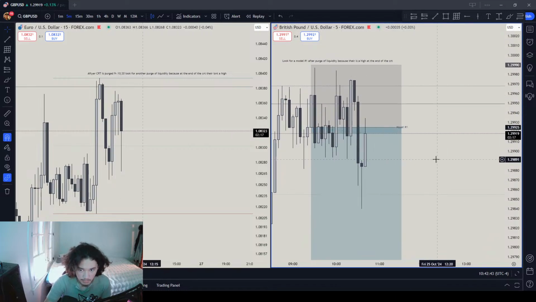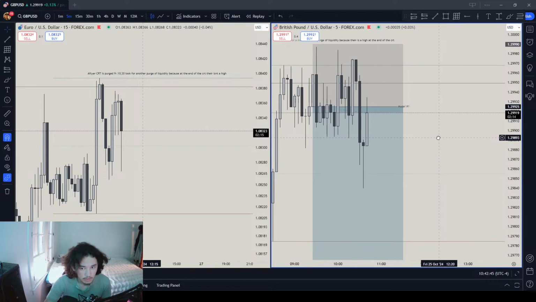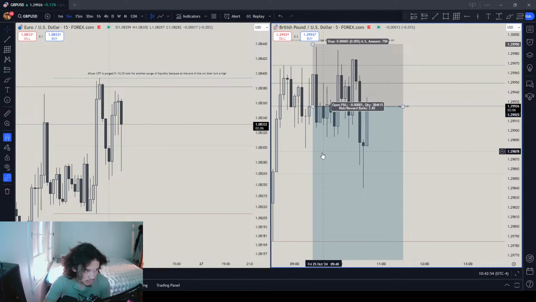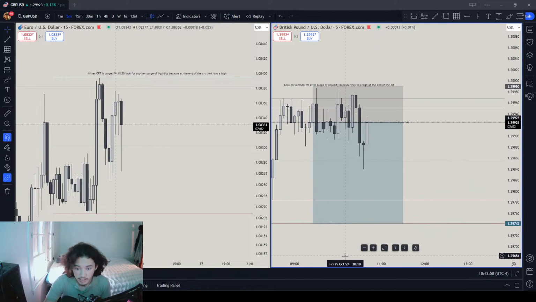Really good example. The point is to just follow the rules, right? We followed everything that our market said. And by the way, it's Friday, so the market saw